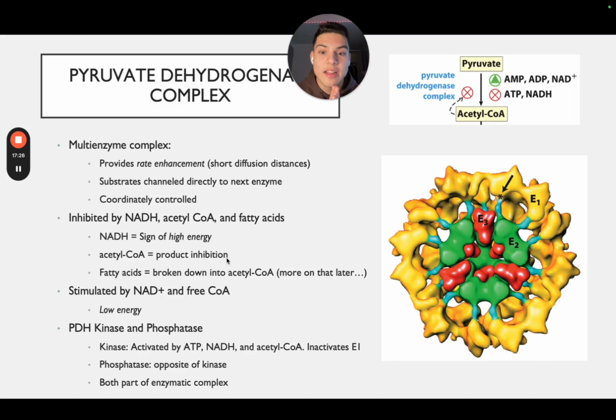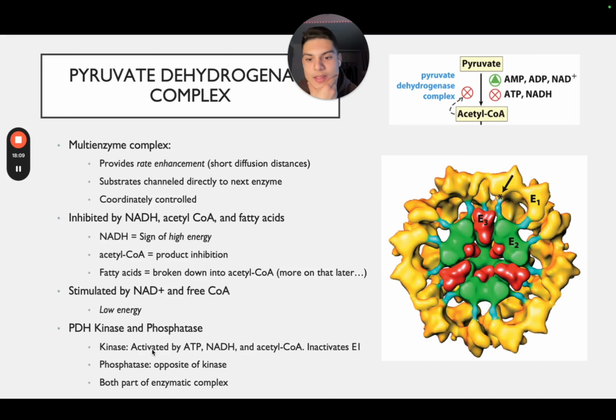And then PDH kinase and phosphatase. So these are two proteins, two separate ones. PDH kinase will be activated by ATP, NADH, and acetyl-CoA. And it inactivates our E1, the outer portion of this complex, by phosphorylating it. And then phosphatase is the opposite of the kinase, meaning it'll remove that phosphorylation. It'll be activated with signs of low energy molecules, so like AMP, ADP, NAD+. So both are part of the enzymatic complex, and these will allow for either phosphorylation as an inhibition or dephosphorylation, which is activation. So just know that these are the mechanisms by which these regulators can regulate it, if